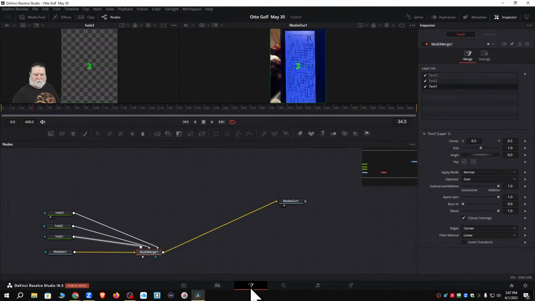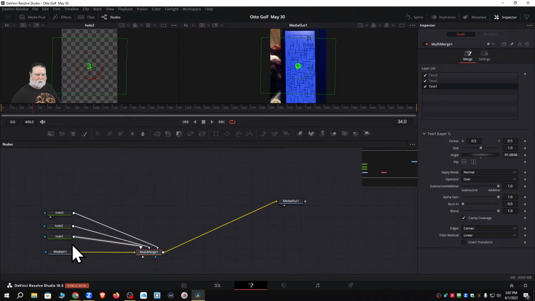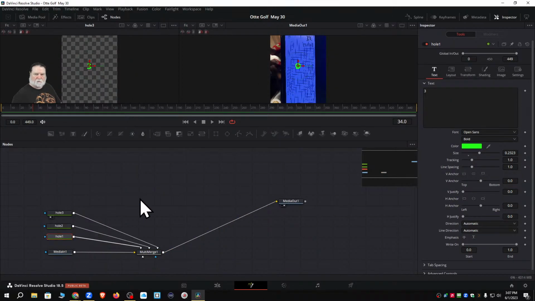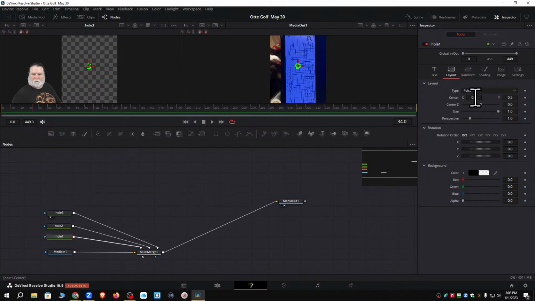It's going to take me a minute to figure it out, and I never do well figuring this stuff out on live videos, and I don't practice anything. See, I was hoping by turning that 90 degrees that if I come back over here, it did turn 90 degrees. Now, what is this? That's the card itself. So go back into Fusion, go back into hole number 1, go into Transform, go into Layout, my mistake, move